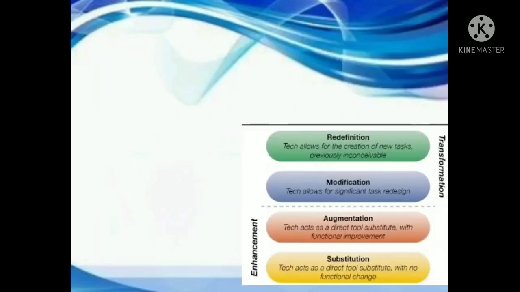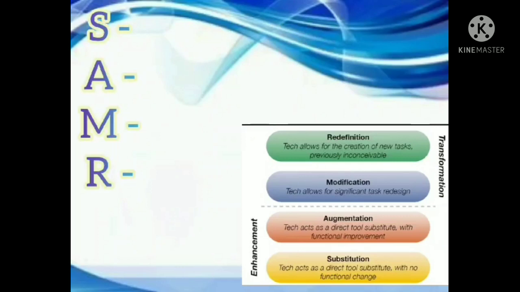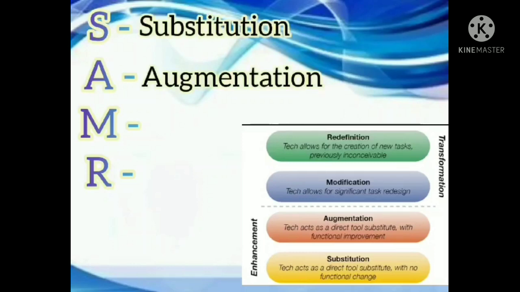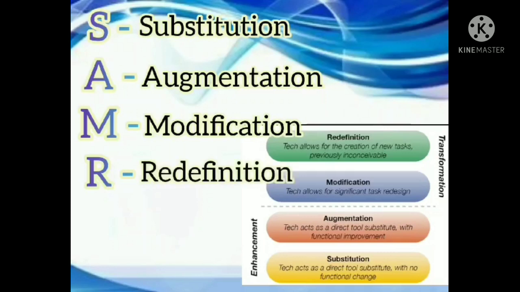On the other hand, SAMR is also a way to put technology in the classroom in hopes to improve learning. Again, it stands for substitution, augmentation, modification, and redefinition. Substitution is putting a technological system into education that could be done equally as well without technology. An example of this is Microsoft Word. Augmentation is still technically a substitute, but it allows for slight improvement in learning. A Google document being shared between students could be an example of this.